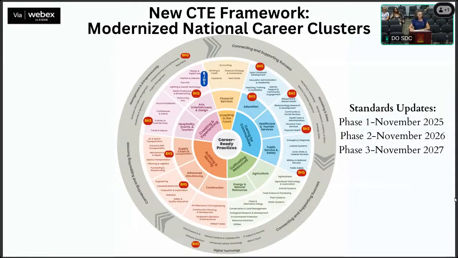So as we look at those new standards, the model curriculum has, and if you see on the right-hand side where I have the standards updates, you can see what the state's planning here. So we started this year already with our standards updates in phase 1. Phase 1 approvals already impacted arts, media, and entertainment and entrepreneurship sectors. Phase 2 is now underway, which focuses on manufacturing, which is our welding, healthcare, human services, and supply chain transportation. So that's our automotive department.